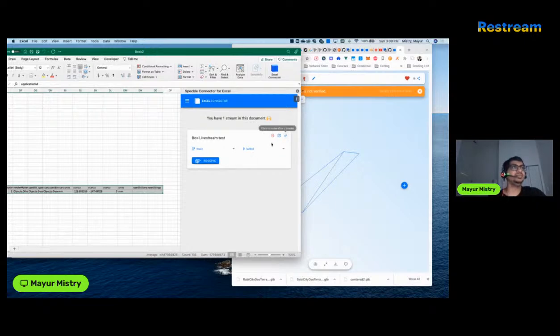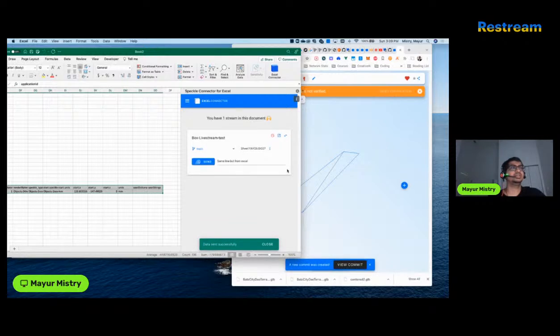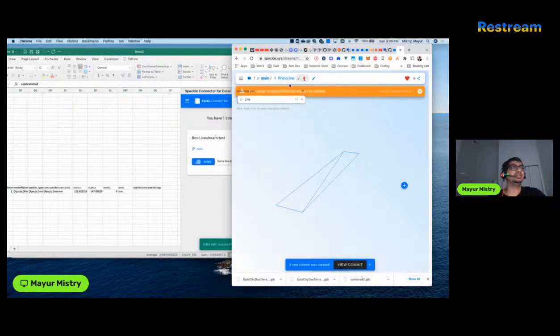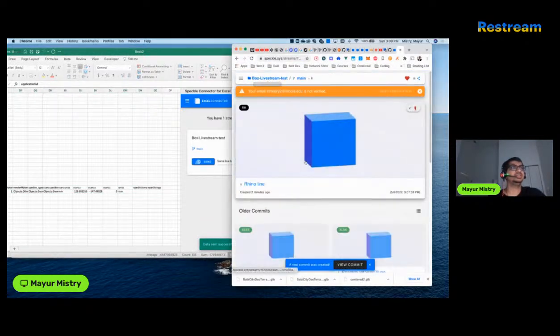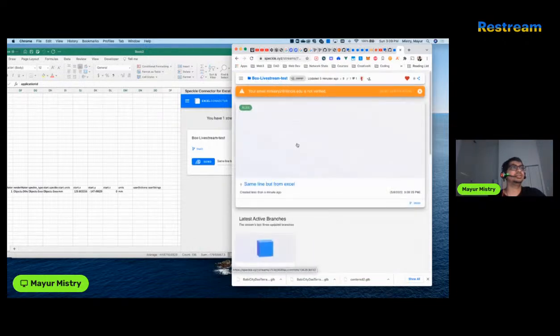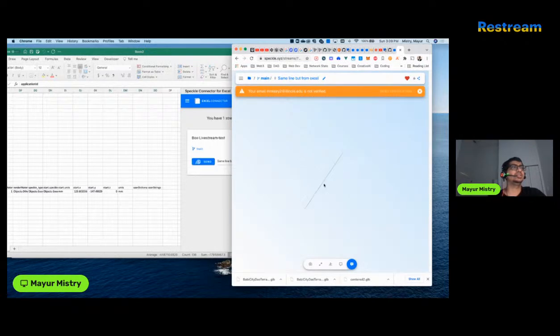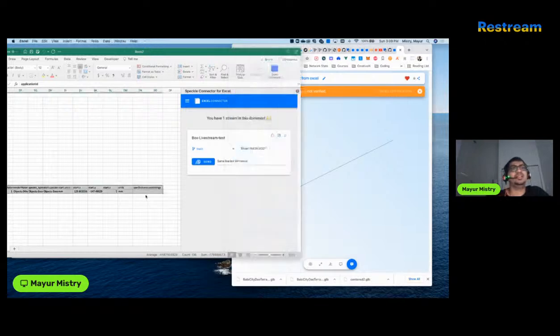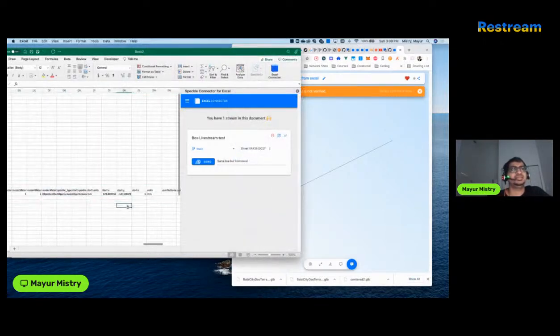So, same line, but from Excel. Headers. Data sent successfully. Come on. Ooh, okay. Good news. Good news. And now